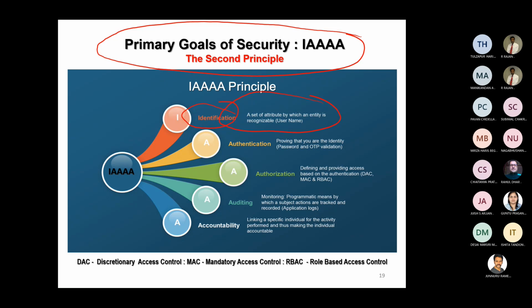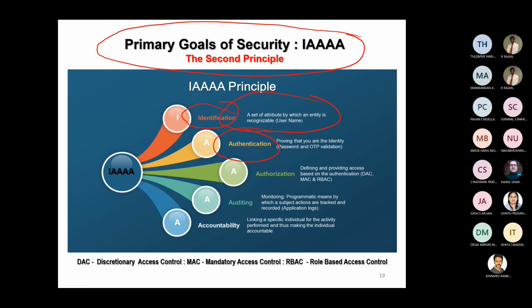That's number one. Then the first A in the principle refers to authentication. Now, authentication is the process of validating the unique identity provided by the person or the software system or a chatbot or an executable file or a bring your own device which is seeking information. You validate them not once. Earlier, once the authentication was validated, you didn't track them. But today it is not just once.